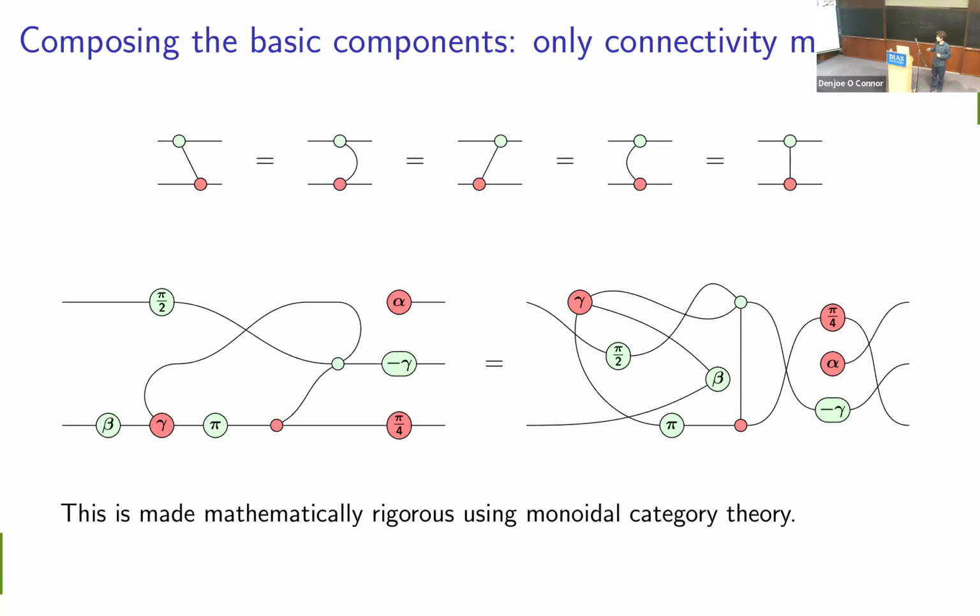So rather than just thinking of these things as a shorthand notation on paper, we can really define exactly what the meaning of this diagram is as an arrow in a category. And then we can show, using the theory of the category, that these two diagrams represent the same arrow, or at least something that's isomorphic to each other. And so this graphical language is not just an illustration of something that we're doing, it is itself the mathematics.